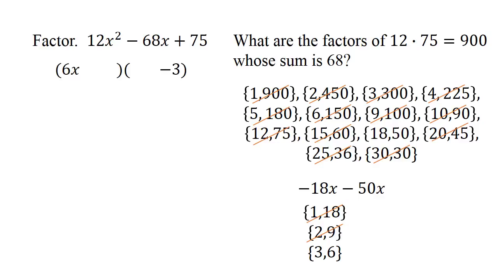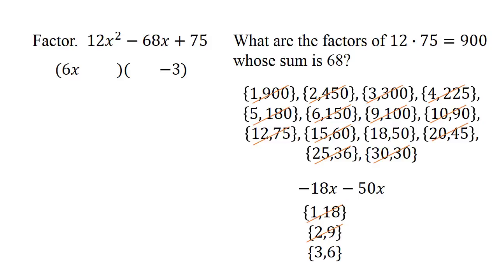So you think about FOIL. Those two middle terms are the O and the I, the outer pair and the inner pair. So I'm going to find the outer pair, which is going to be the 6x times 3, and I want that 3 to be a negative because I want that to be a negative 18. Once I've found this pair, once I've found a way to create one of the two numbers I wanted to make, a negative 18 and a negative 50,